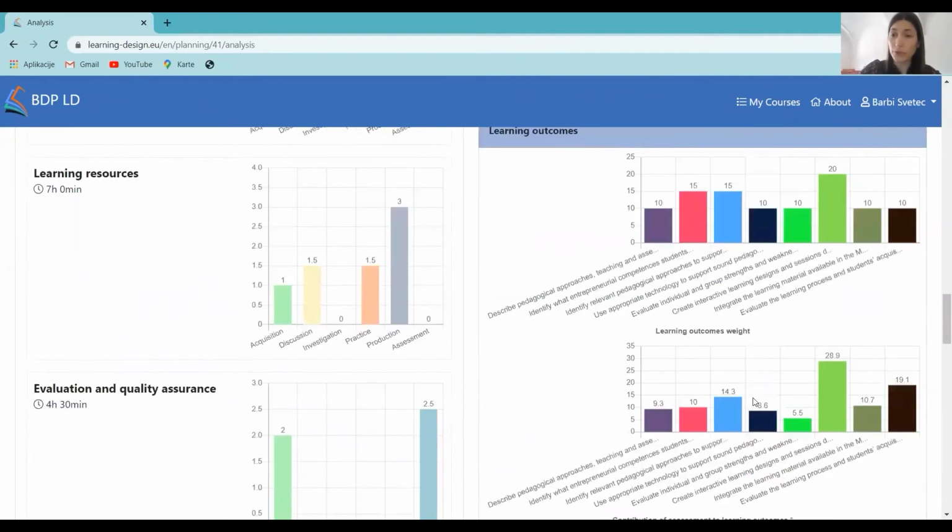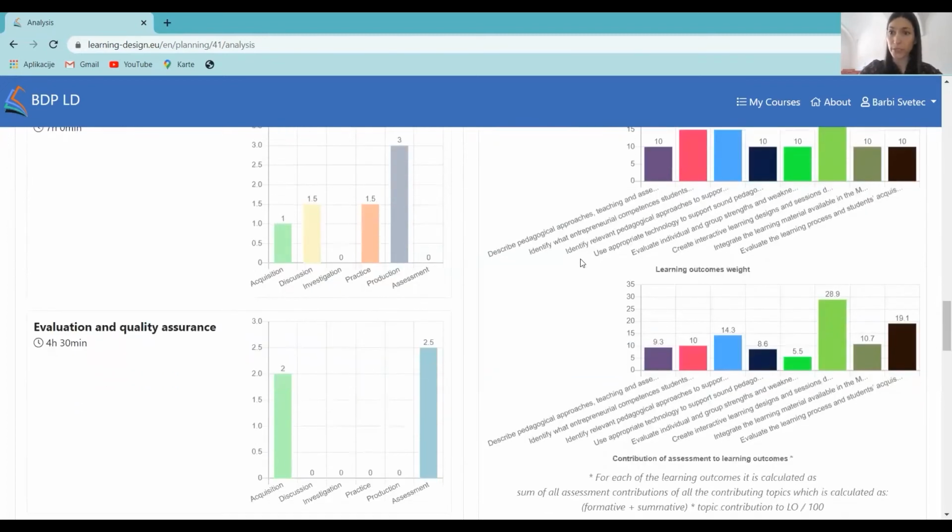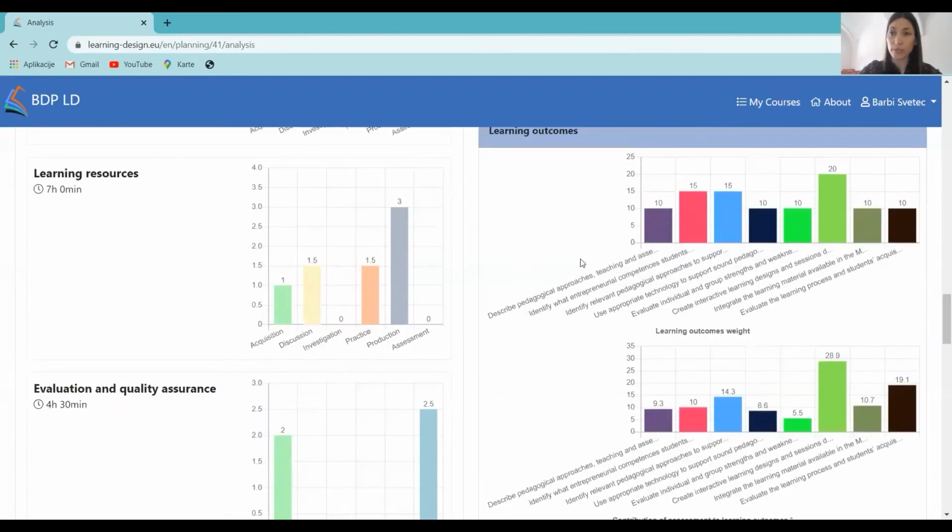And another useful thing is that you can sort of put in relation the learning outcomes and the weights that you assigned to your learning outcomes at the beginning. So how important you found each of the learning outcomes to be in relation to the entire course. And you can put them in relation to the assessment points related to each of the learning outcomes.